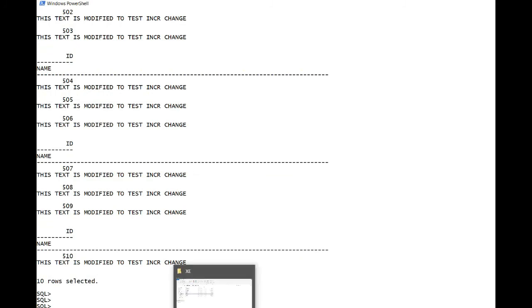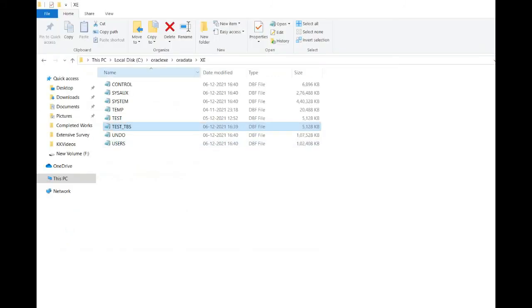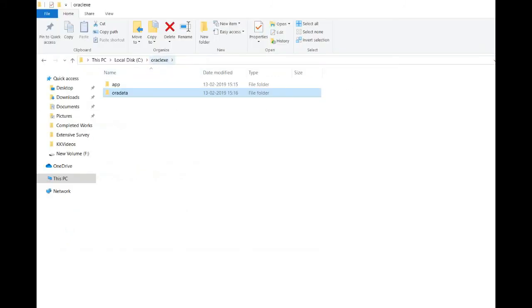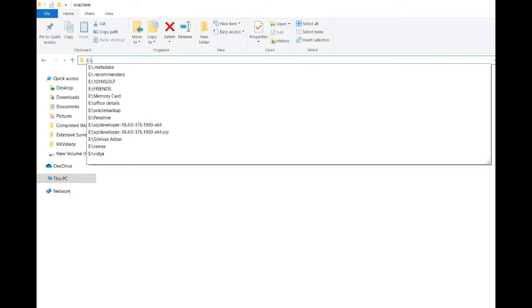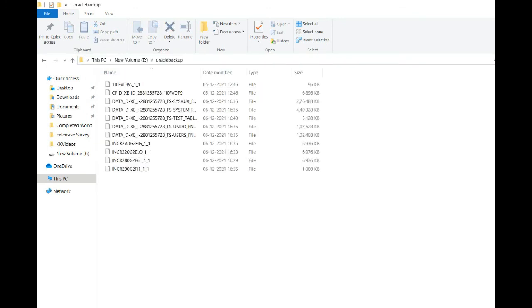Okay, so to demonstrate, let me go to E drive, E Oracle backup. So this is the test tablespace data file. Okay, and our changes are present in this incremental backup. So INCR.